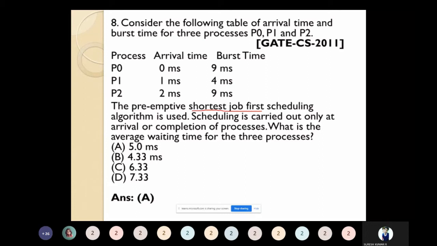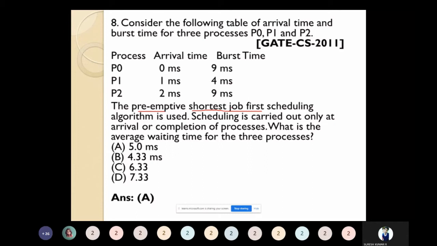So what does preemptive mean? SJF, that is shortest job first, has two versions, preemptive version and non-preemptive version. If the question says shortest remaining time first, or just the shortest job first algorithm without naming either version, then we have the clue to solve the problem based on the non-preemptive version method.